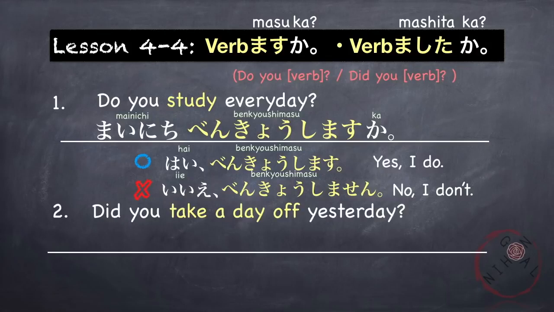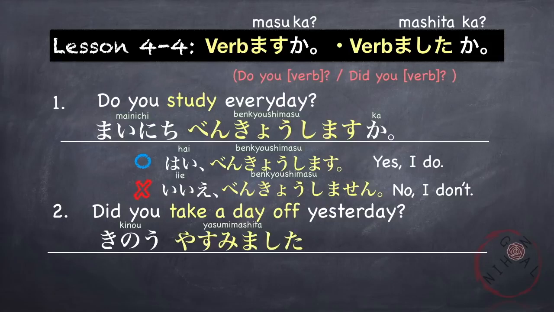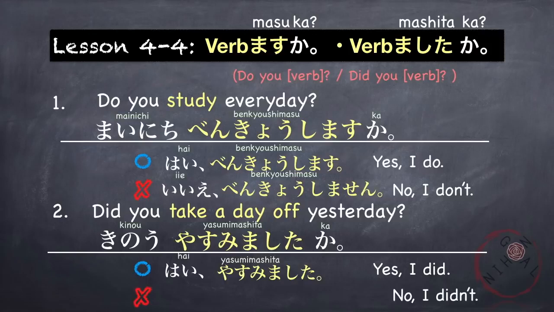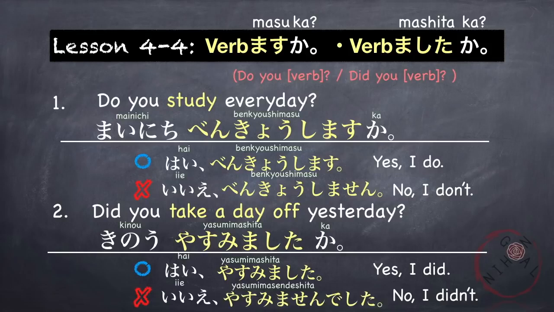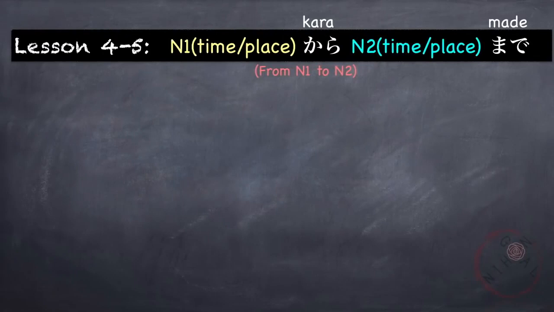So this time we are using the verb mashita ka pattern. First, the word yesterday. 昨日 take a day off. 休みました。So this is the past form. So 休みましたか？昨日休みましたか？Yes, I did. はい、休みました。No, I didn't. いいえ、休みませんでした。